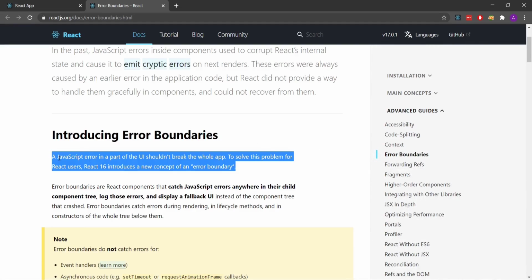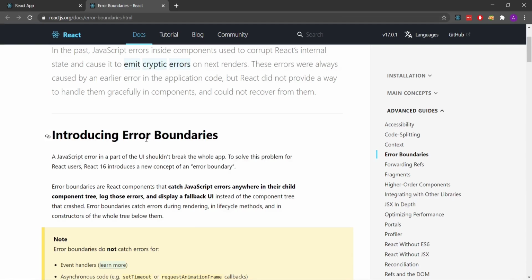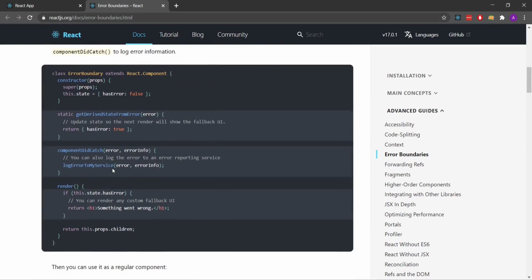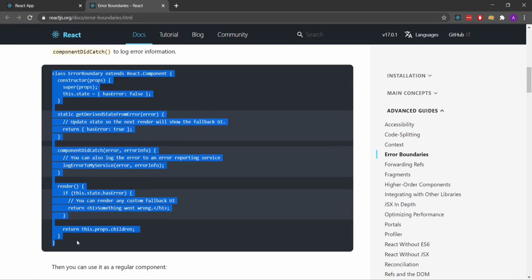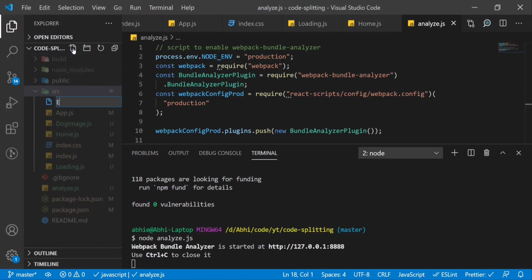So if you see here, it says if there is a JavaScript error, that shouldn't break the whole UI. So to handle this, they have introduced error boundaries in React 16 and they have given a code snippet as well, which is the minimalistic code required to handle error boundaries. So for the time being, we will just copy this code and create an error boundary component. Let us create the error boundary component inside the source directory